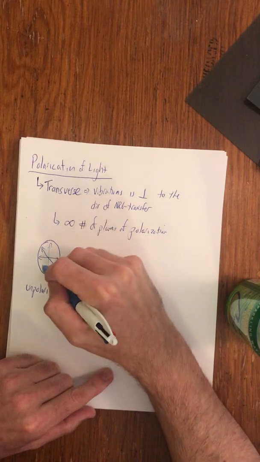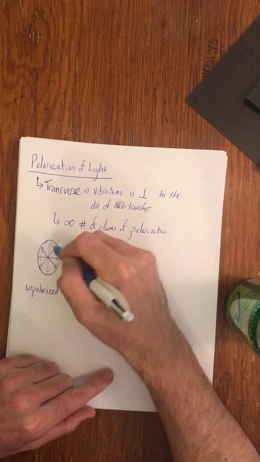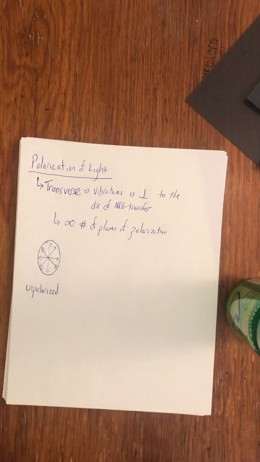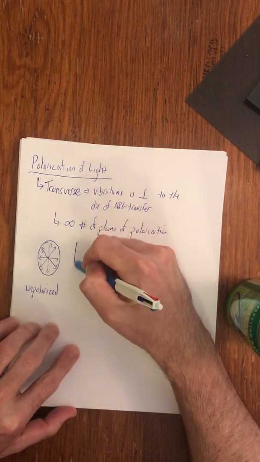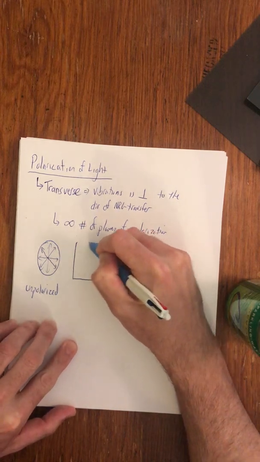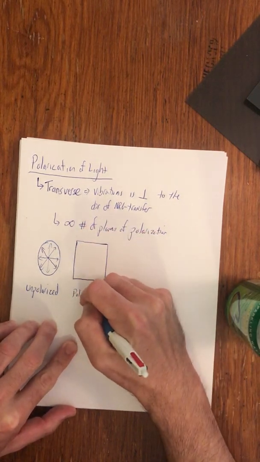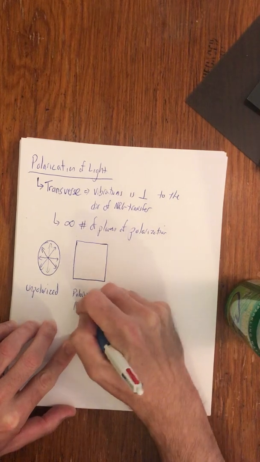I'm not going to draw every diagonal. Some of it's vibrating on this diagonal, right? An infinite number of diagonals. That's what polarized light looks like. What happens is when you go through a polarizing filter, or a polarizer,